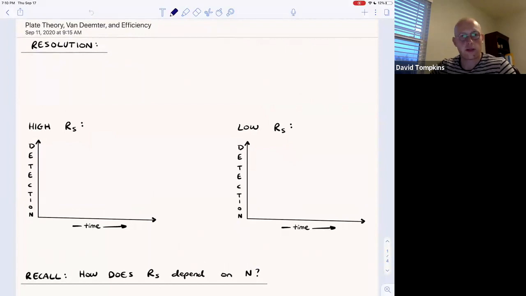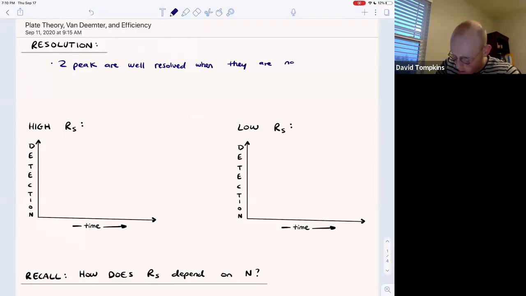So in this lecture now, I want to discuss the efficiency of column chromatography and other separation techniques by describing this idea of resolution. You can consider two peaks to be well resolved when they are narrow peaks, which means they have a small width at the base of the peak, and they have a fairly large difference in retention time, or delta TR. So resolution means that we have two compounds well separated